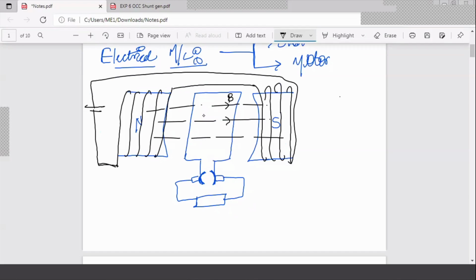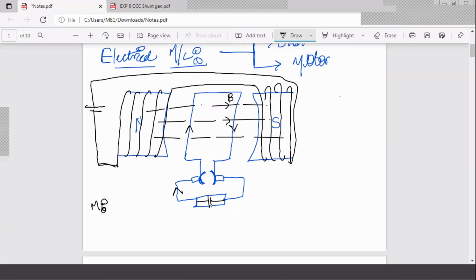Now, in case of a DC motor, so I am writing down here M with black. That means we are providing an input DC supply. As a result, some electrical energy, some current, is flowing through this coil in this particular direction, through these carbon brushes and the commutator segments. This current will start flowing like this whenever we provide it and use it as a motor.